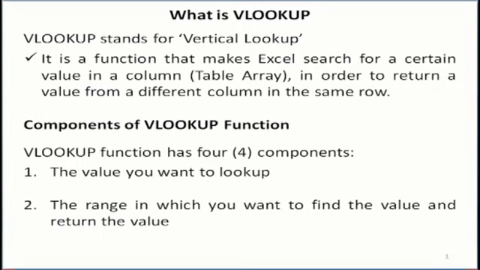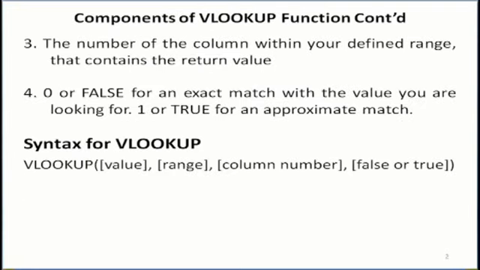Components of VLOOKUP function. VLOOKUP function has four main components, which include the following. 1. The value you want to look up. 2. The range in which you want to find the value and return the value. 3. The number of the column within your defined range that contains the return value. And 4. 0 or false for an exact match with the value you are looking for, and 1 or true